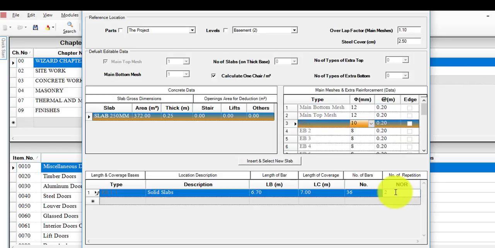So instead of putting 1, you'll put 2. And you'll apply the same for the rest of the extra bottom reinforcement. Now once you're done,